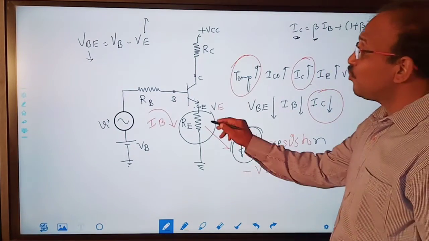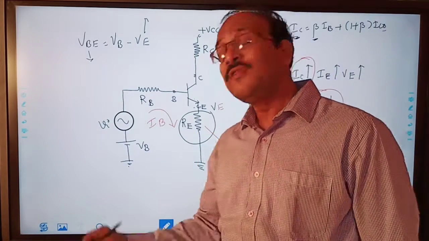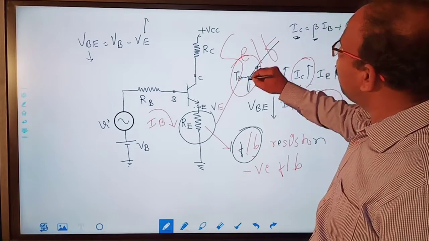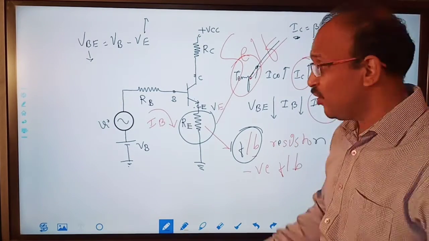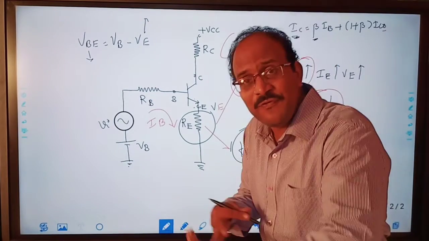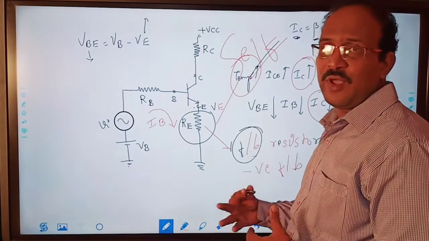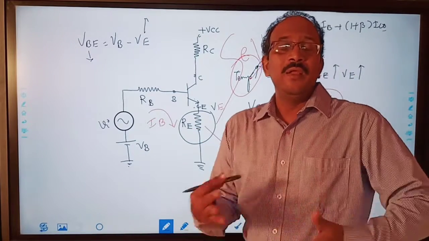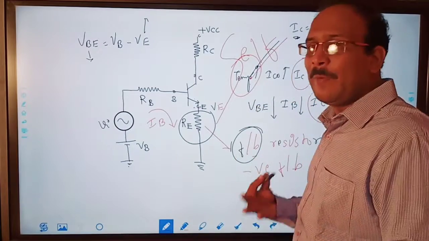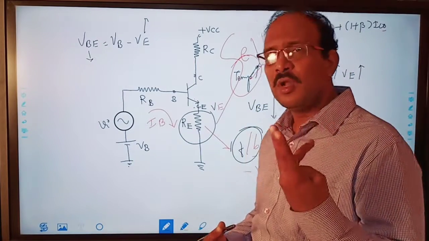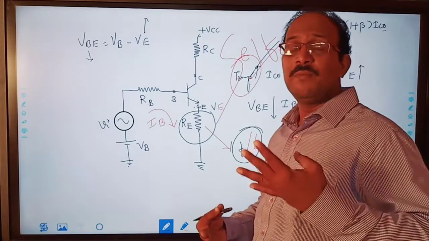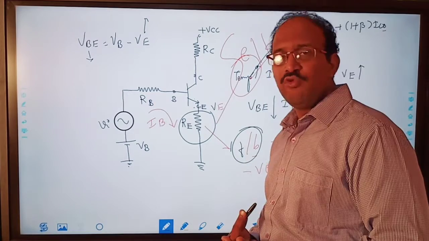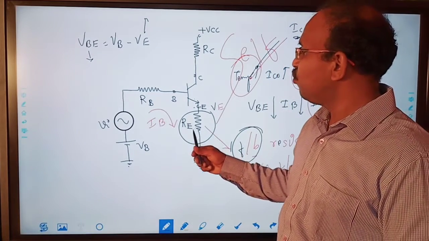Correct? And this is also called feedback type of biasing, or this is also called self-biasing. Why self-biasing? Because self-corrective action is taken. Corrective action is taken automatically. We are not doing anything, just connecting the resistor will take corrective action. This is also called the self-biasing method. This is the fourth. Actually, we don't consider it a separate biasing circuit, but it is also called self-biasing. So we can say thermal runaway is avoided using self-biasing by connecting RE. This also will increase the stability.